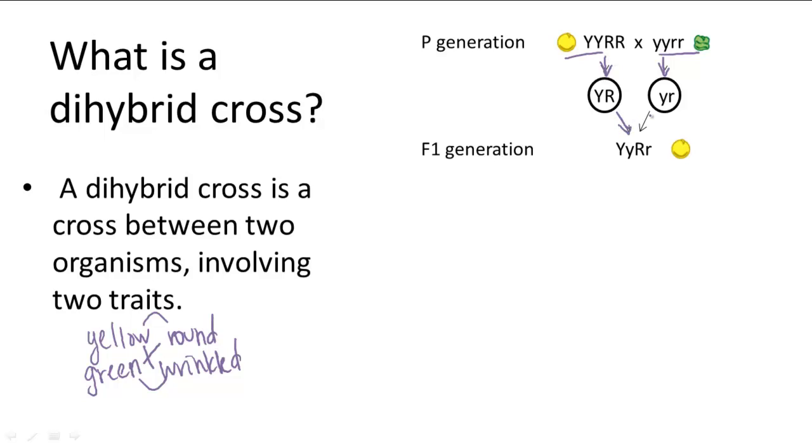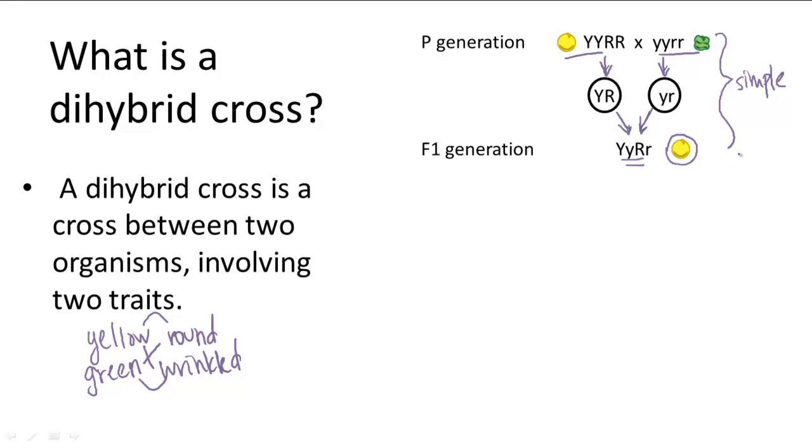So all the F1 generation offspring will be heterozygous for both color and shape, big Y, little y, big R, little r. And their phenotype will only be yellow round. So this is the most simple dihybrid cross. Just like the most simple monohybrid cross, it's pretty basic and it's easy to figure out what the offspring will be. But just as Mendel did a